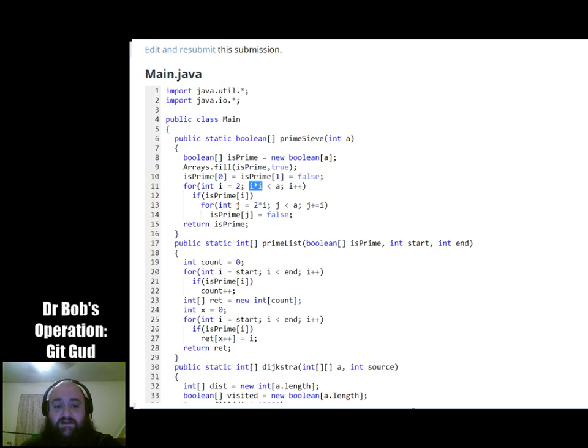So you go until multiplying i by itself would get you something bigger than A. The reason you do that is because once you reach the square root of the end of the list, you will have already marked off everything that's not prime. Because any number that is not prime has at least one factor less than its square root, because the other factor must be greater.